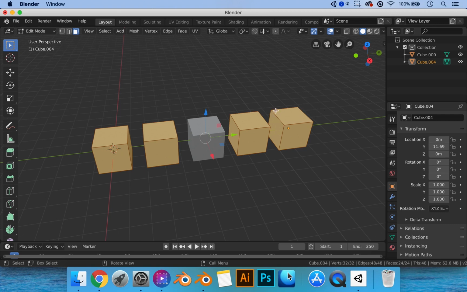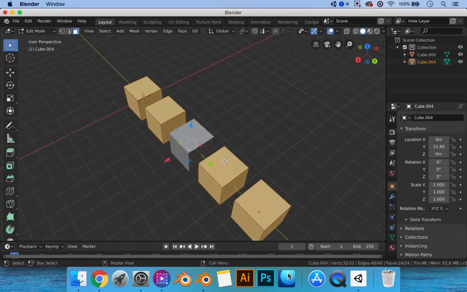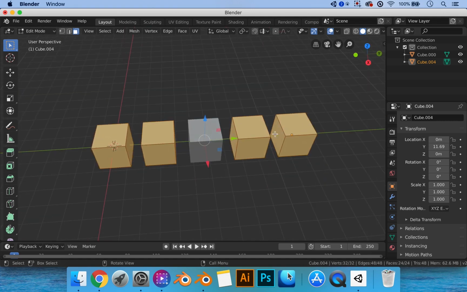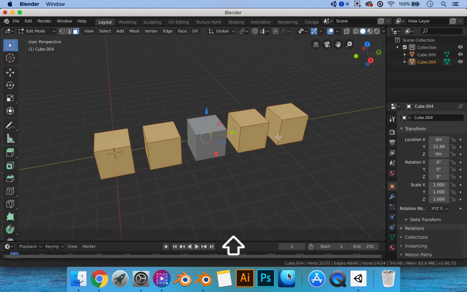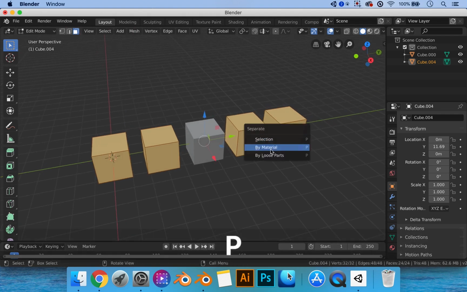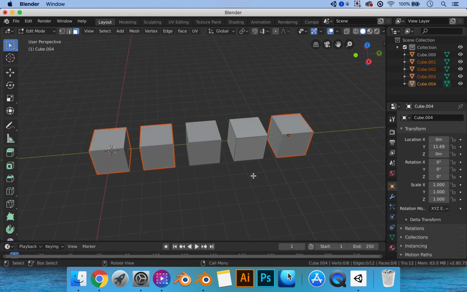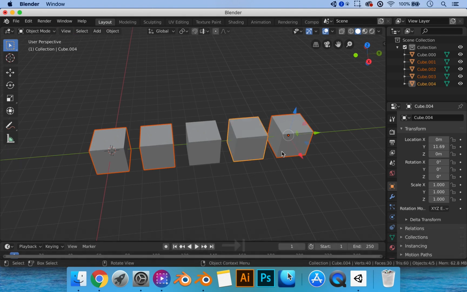The material option is the one where you can split things by having the different objects colored, such as how we were coloring the different surfaces in the previous video. All the different faces, you can color those and you can separate them by those colors. But yeah, we can just go in, click P, separate by loose parts, and there you go. All these pieces are now separated,